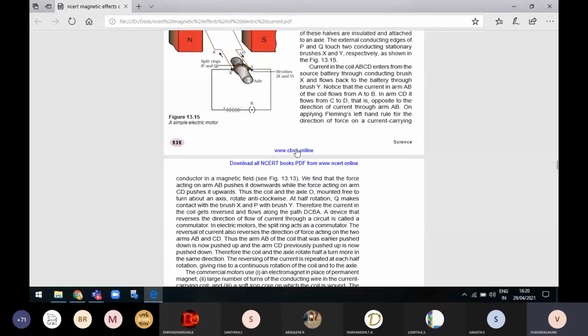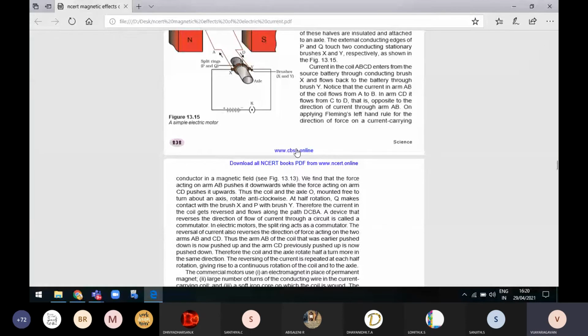As the coil is mounted on the axle O, mounted to turn about the axis, it rotates anti-clockwise. If the coil is mounted on the axle, rotation is easy. When it is fixed on the axle O, it starts turning easily. With AB going down and CD on the other side, it rotates in the anti-clockwise direction. At half rotation,